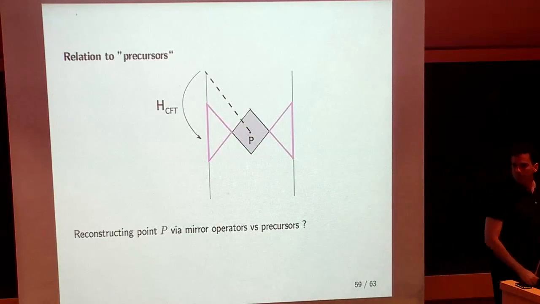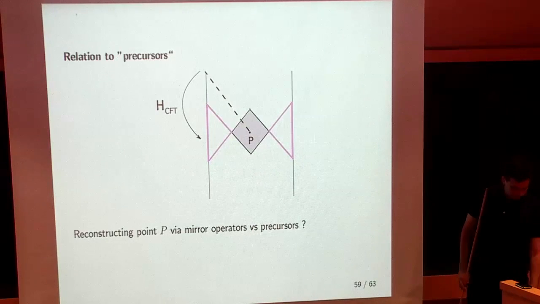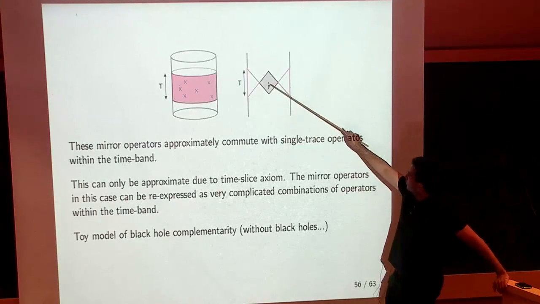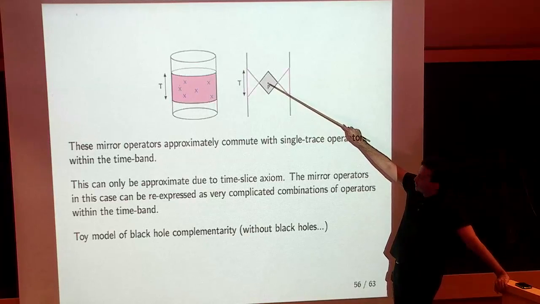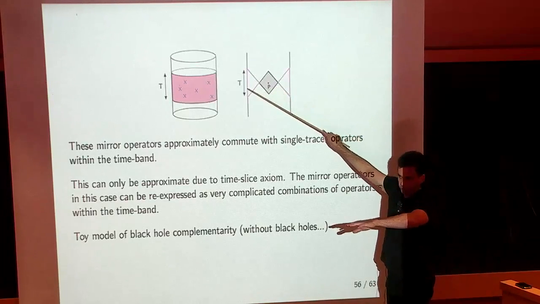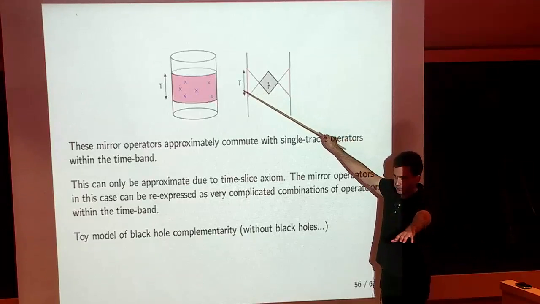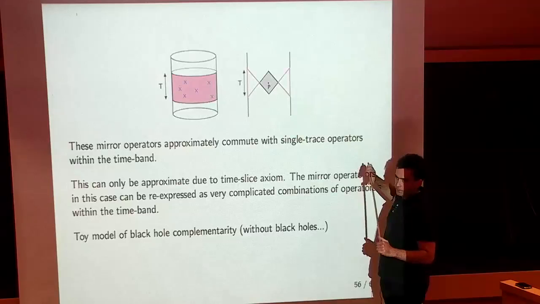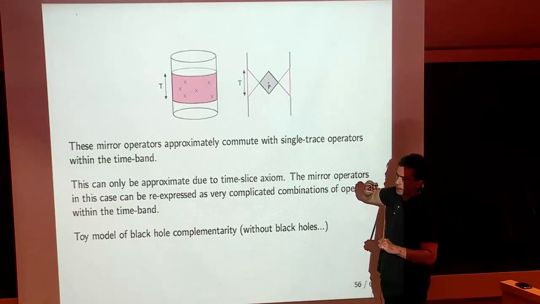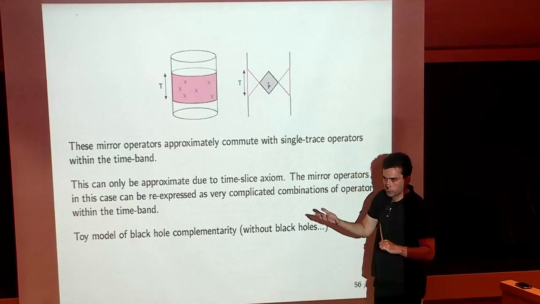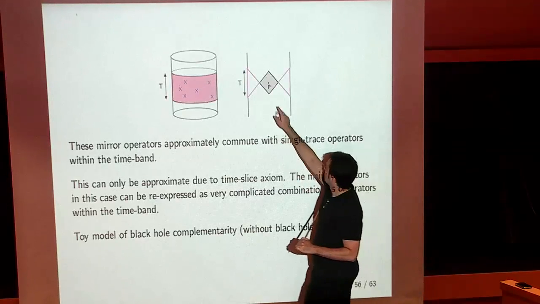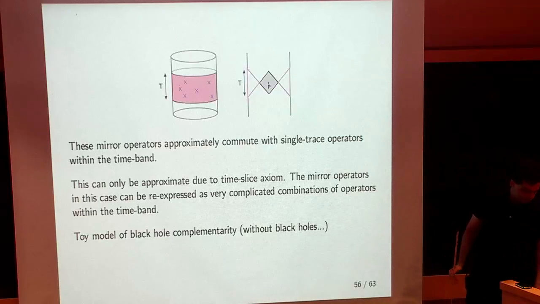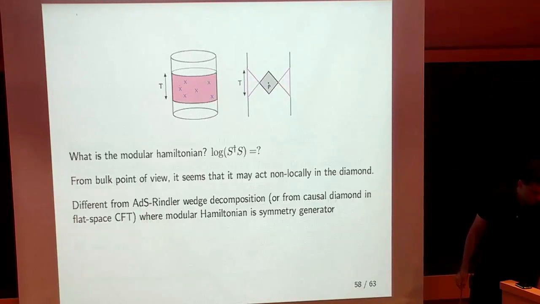What was your comment that using extremely complicated combinations gives a non-zero commutator? Yeah. So I said that if you have an operator P at point P, of course it does not commute with the stress tensor on the boundary. That's one thing, the gravitational dressing. It depends how you dress it. Right. But apart from that, I'm saying that if you look at n squared point functions, you have no reason to expect that this operator P will commute with a boundary correlator. Boundary operators.